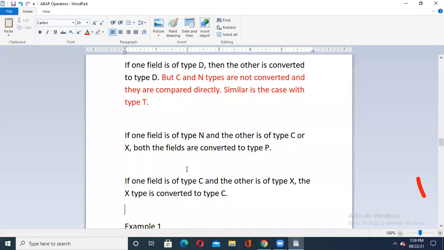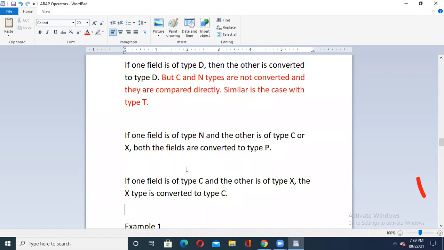So if one field is of type N, which is a very exceptional case, and the other is of type C or hexadecimal or byte value, then both fields, type N as well as type C, are converted to type P, meaning packed number.